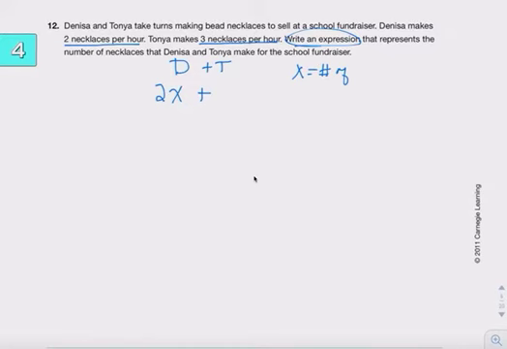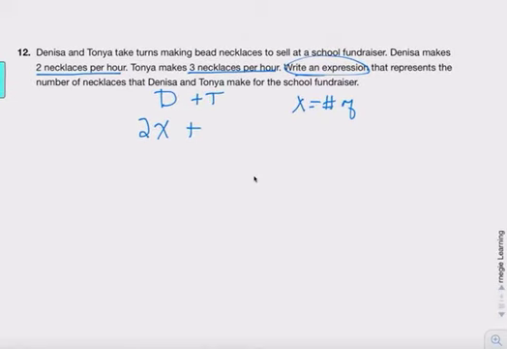Okay, X represents, it's pretty easy. It's just a lot of pages. X represents the number of hours Denisa worked on the necklace. Okay, so be more specific on what this is. Necklaces. Y represents the number of hours Tanya